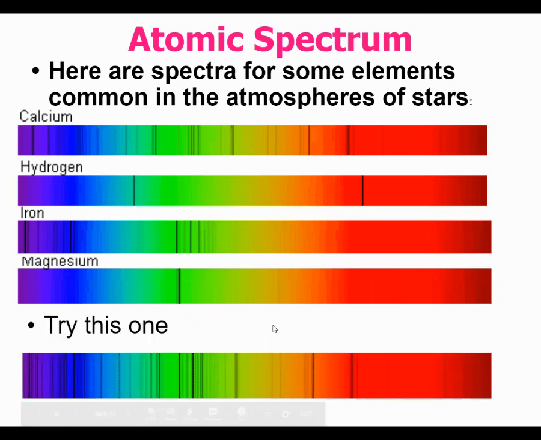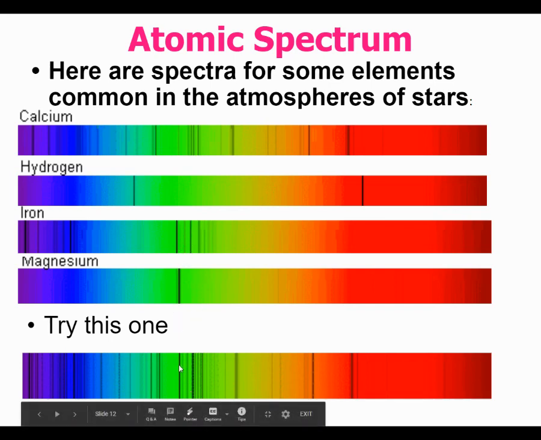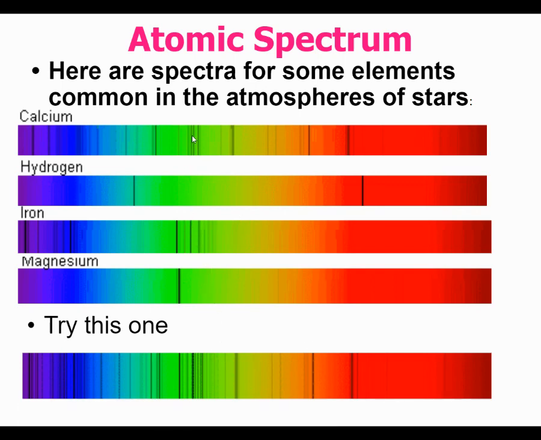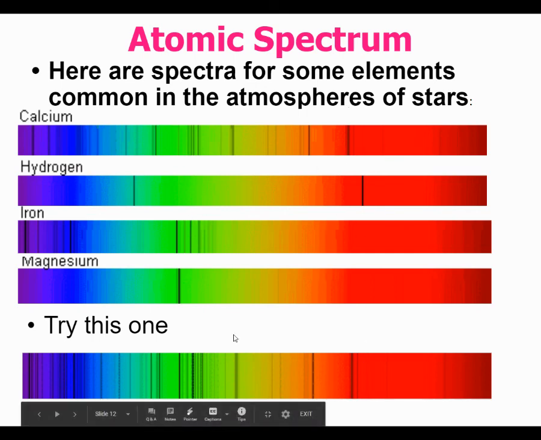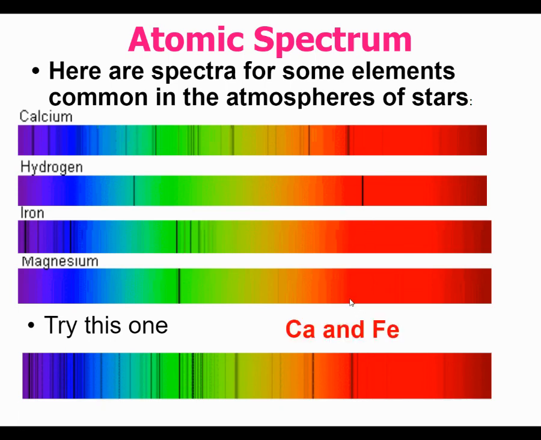So if we do this one, you can see the iron because there's your dark line. There's another one, and you see how this is all together. So we're looking at probably calcium because it has calcium as well. And I don't believe I see any hydrogen. Do you see any hydrogen? I don't think I see any hydrogen. So calcium and iron. This would be how we would see what specific elements are burning in a flame